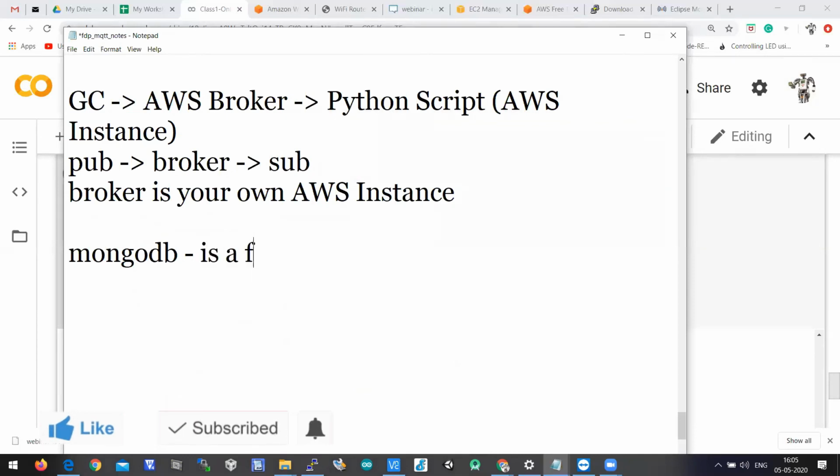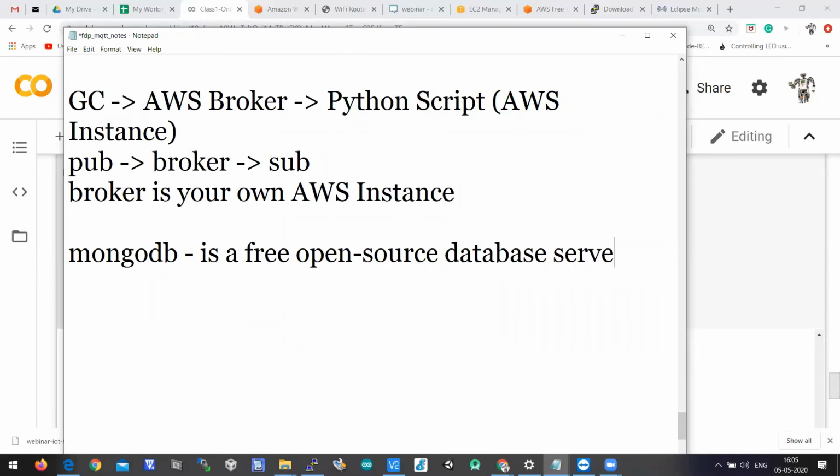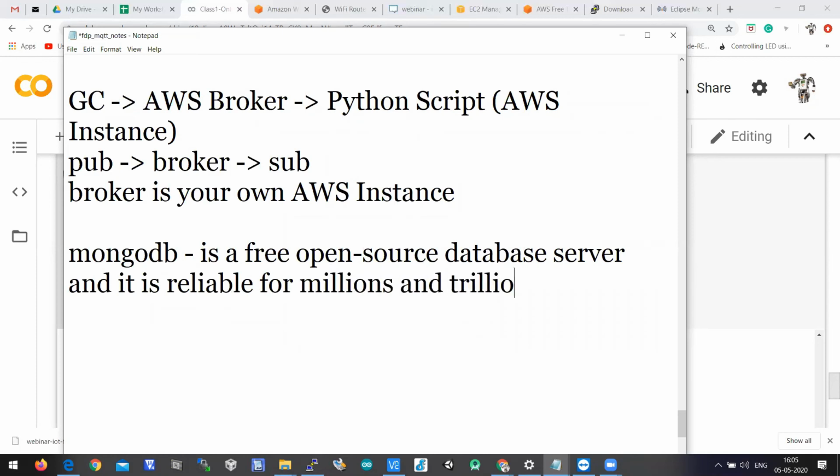MongoDB is a free open source database server, and it is reliable for millions and trillions of data which gets stored in the database server.